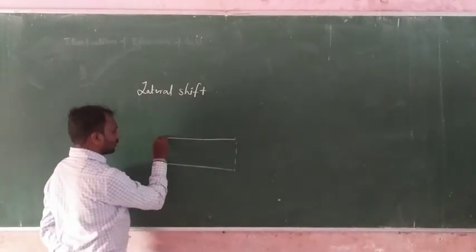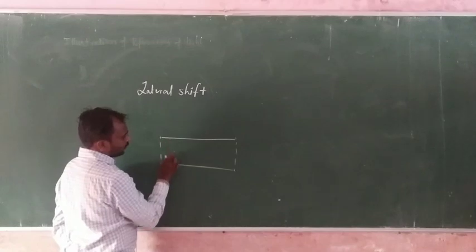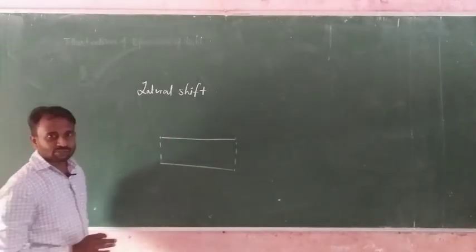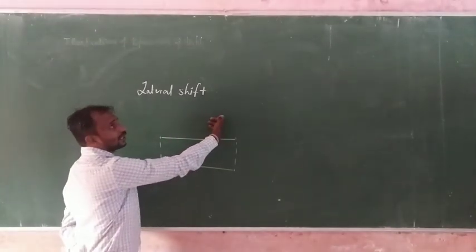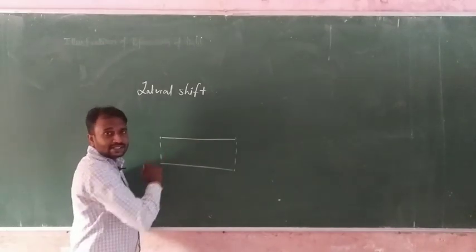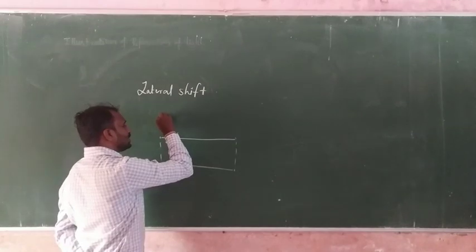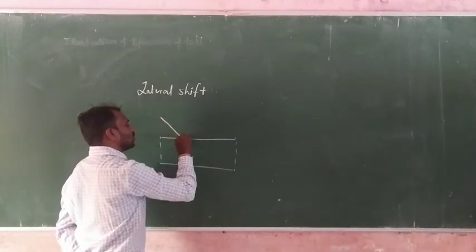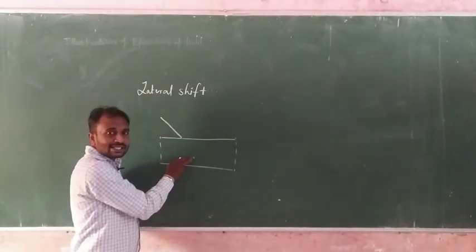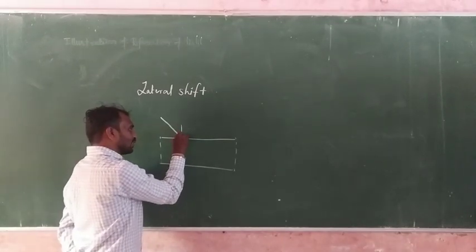This one is a glass slab, and these 2 we consider the interface surfaces. Here we have the rarer media and this one is the denser media. Whenever light enters from the rarer media to the denser media, meaning the glass media,